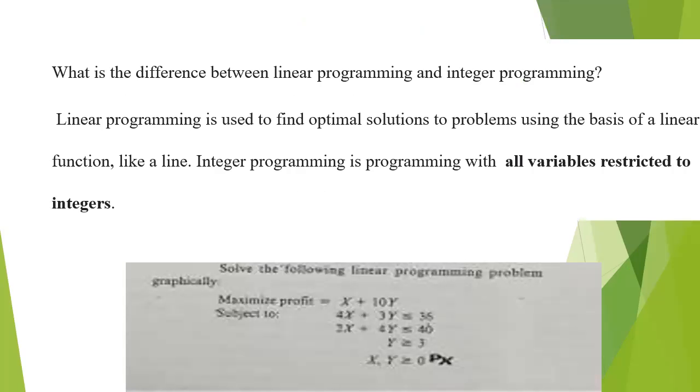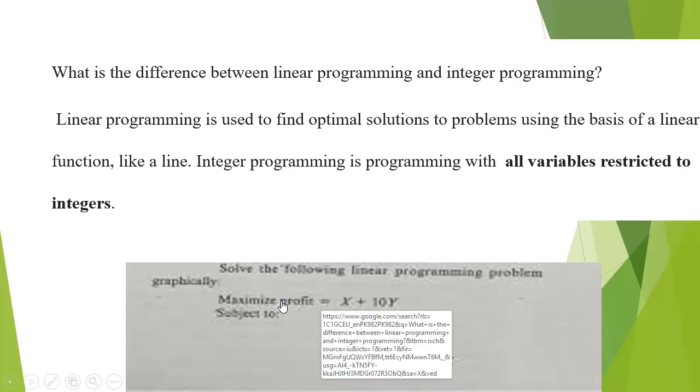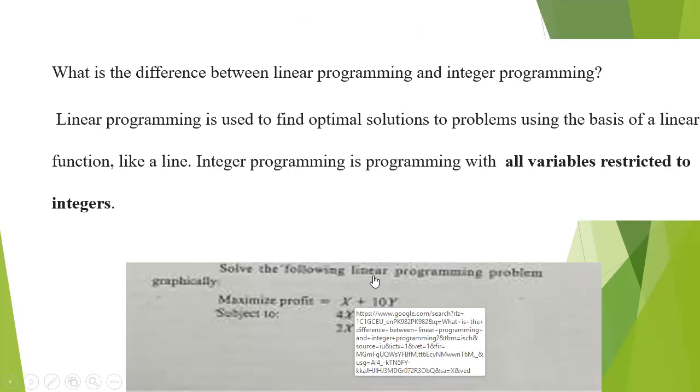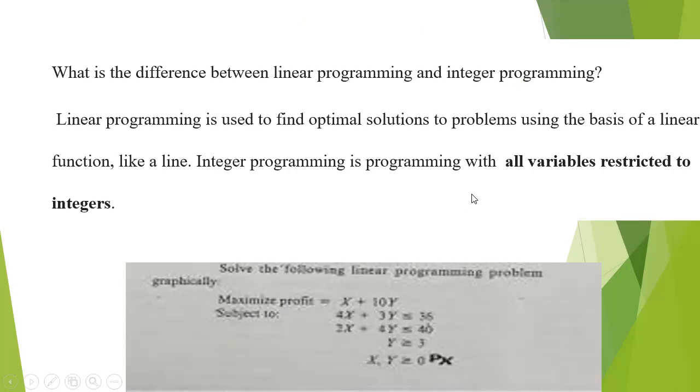So the problem is the same as linear programming in the slide. With the help of linear programming, we first find the maximization objective function, and over here in the slide it is a maximization problem. Then we have some constraints that our objective function is subject to, and we also have the non-negativity constraints.